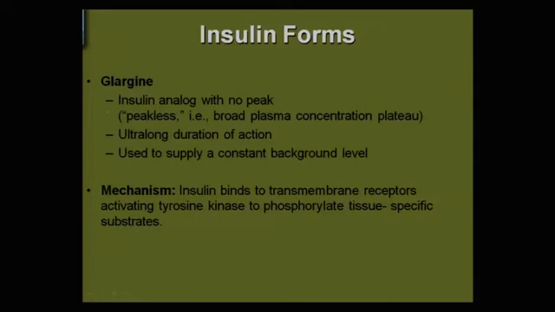And the whole idea is we always need some presence of insulin, even at low level, to allow a proper glucose uptake by certain tissue, such as adipocyte, fast twitch skeletal muscle, and also simply to run the carbohydrate degradation in key tissues. Glargine, as an insulin with no peak, is used to supply a constant background level, as we said, looking at the table.